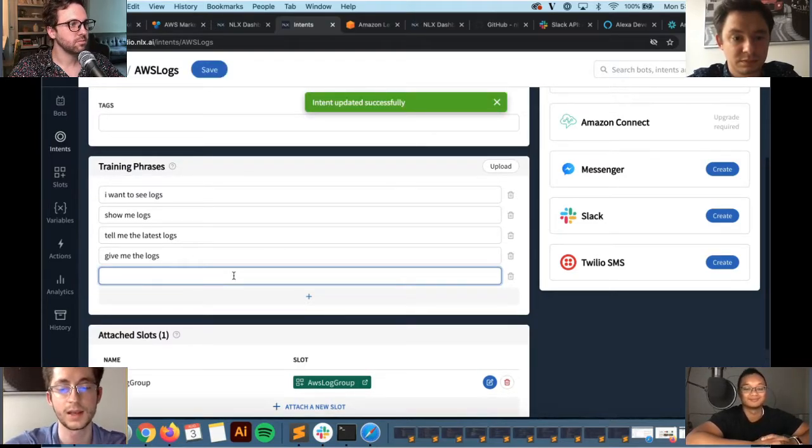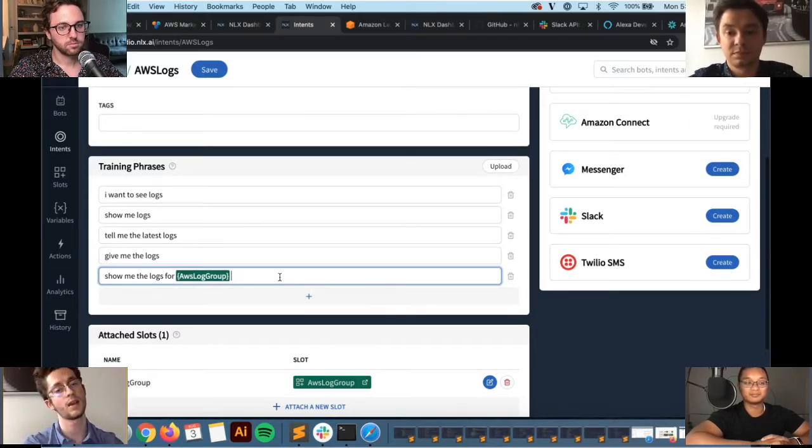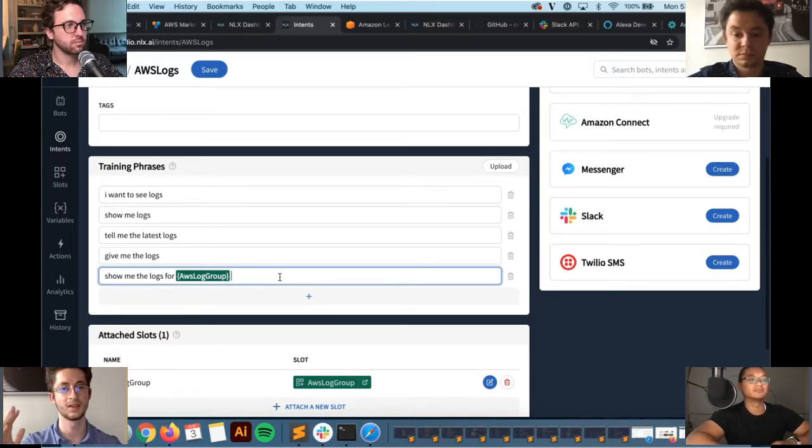Therefore, I can say things like, show me the logs for, and then I just do a curly brace, and it will just pop up and give me a suggestion. This is the only slot I have, therefore I'm going to select it. So let's say if I had, for some reason, 200 slot values, that means that this phrase, no matter what the 200 slot values will be, is enough to essentially capture all of them, right? Without me having to